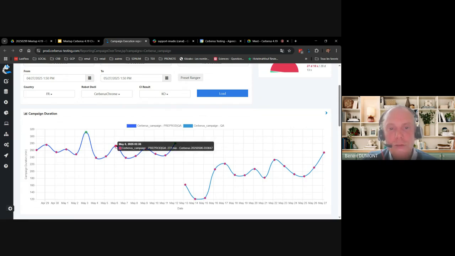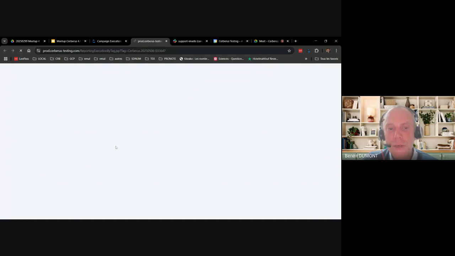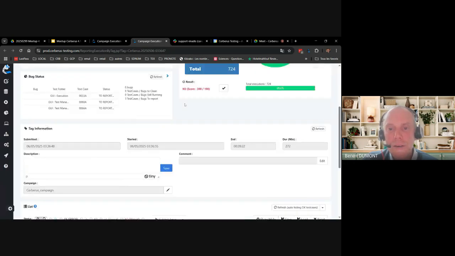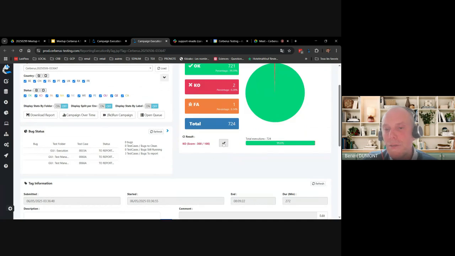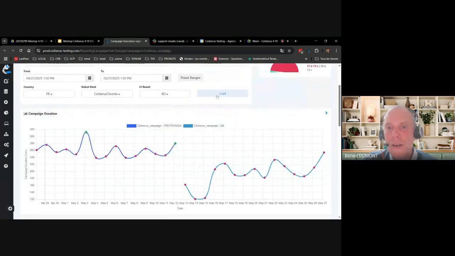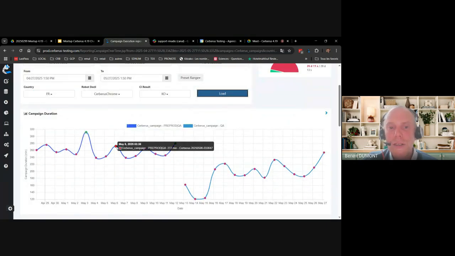And note also that you can now declare some false negatives. Imagine a campaign that has been reported as failed. If I want to force it as not failed, I can now force it to be a false negative. And if I refresh my page, I see now that it has been considered as okay.